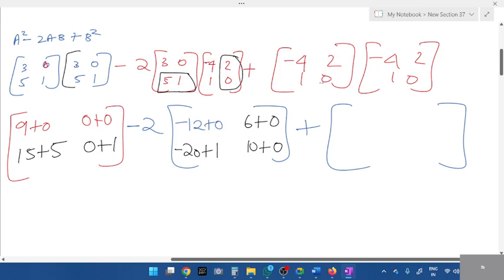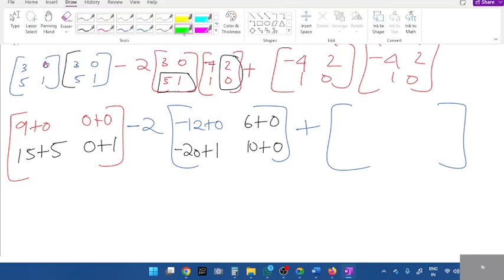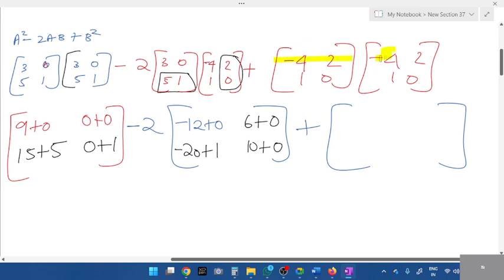What is minus 4 into minus 4? Respond all of you all. Minus 4 into minus 4 is plus 16, right? Plus 16. After that, what is 2 into 1? 16 plus 2. Okay, tell me the next one. Row 1, column 2. What is row 1, column 2? Minus 4 into 2 is minus 8 plus